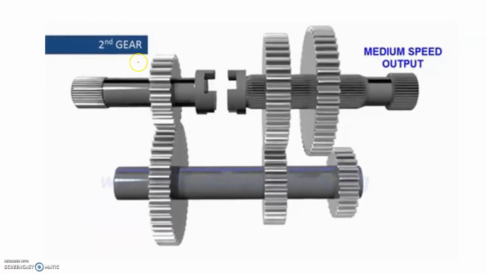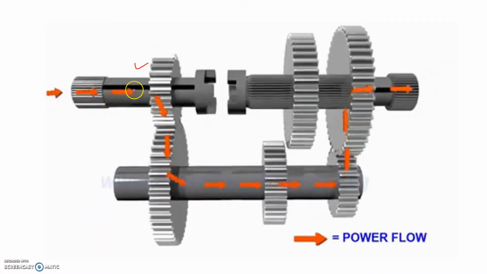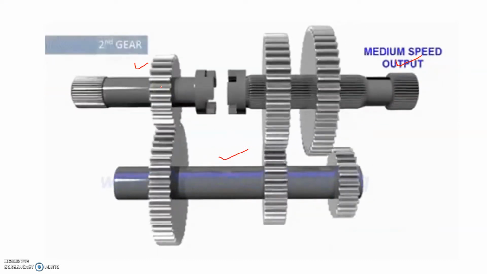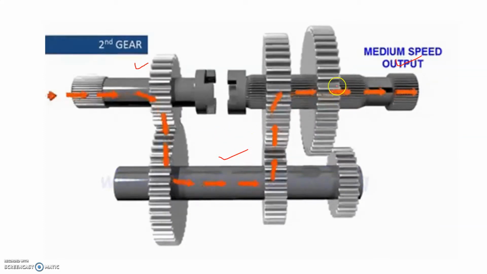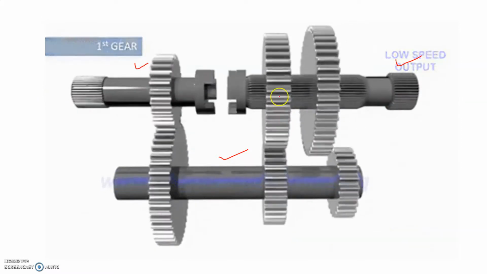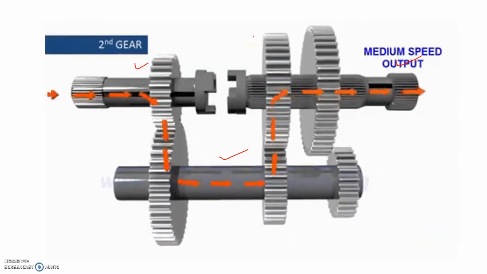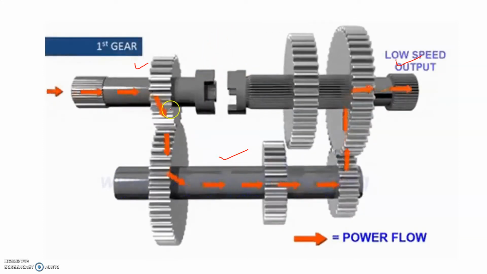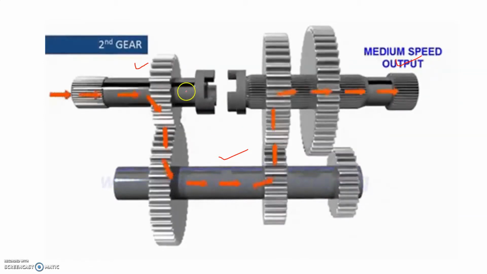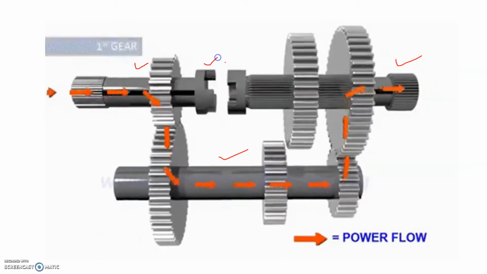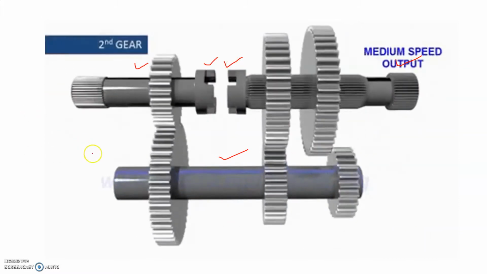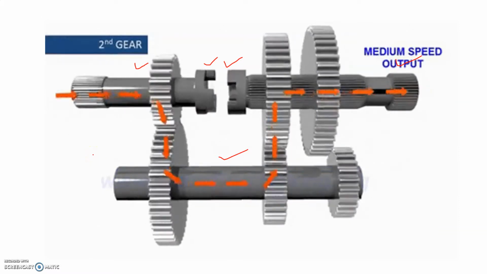So this is the basic layout. As you can see here, we have the first gear. This is your driving shaft. This is your driven shaft. Here we have a lay shaft. This is your spline shaft on which these gears can slide to left or right. According to the engagement, we get the first and second gear. Likewise, we get different gear ratios. Normally here we have three forward gear ratios: first gear, second gear, and if both these shafts get engaged together, then we get the third gear ratio. That is the basic working.